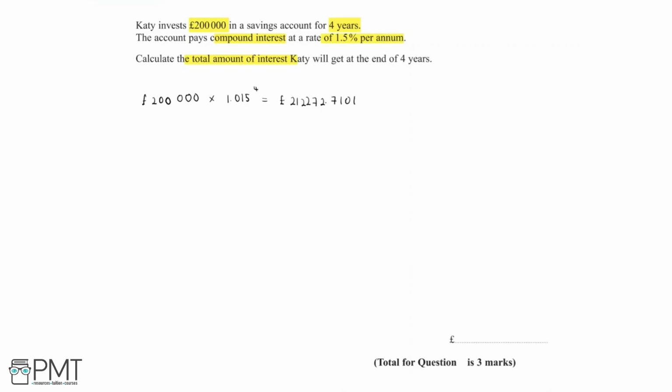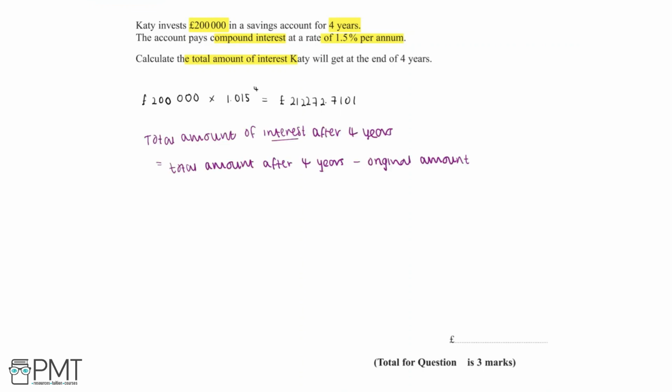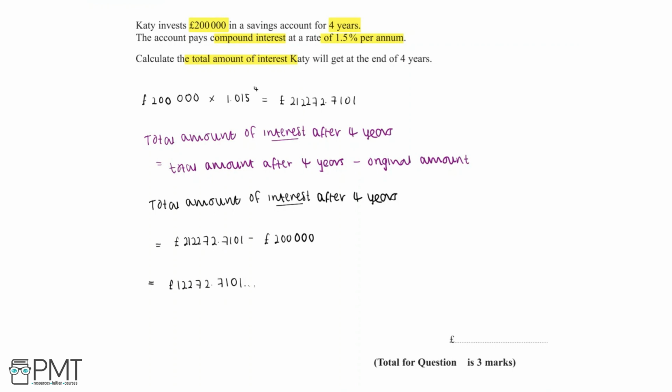But see, in this question, we need to calculate the total amount of interest Katie will get at the end of the 4 years, not the total amount of money in her account. And so really the total amount of interest that Katie gets would be the total amount she has in her account at the end of the 4 years, take away the original amount Katie had in her account. And so we can say that the total amount of interest that Katie will get at the end of the 4 years would be £212,272.71, take away the original amount of £200,000,